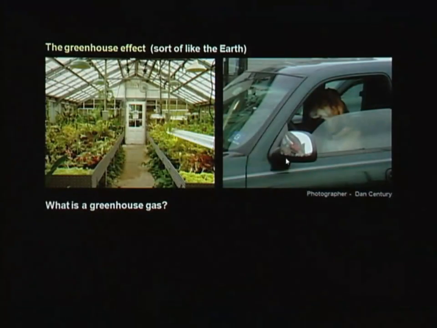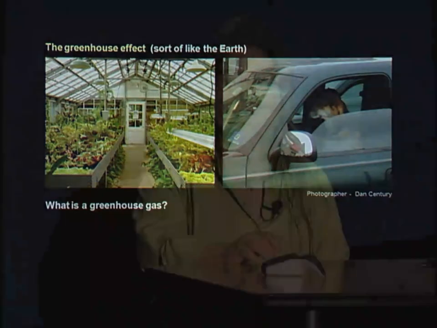The greenhouse is not the most perfect analogy, and I had to look up why that is. The visible light comes in and then the infrared actually can't get through the glass, as opposed to being absorbed by the things in the air. And I have the dog there because this is why cars get so hot on a hot day and why you shouldn't leave your dog in the car, even with the window open.